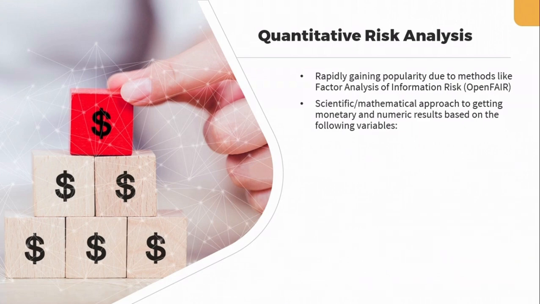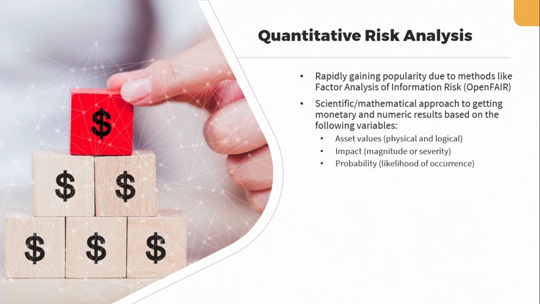These are scientific or mathematical approaches to getting monetary and numeric results based on several variables: asset values, both physical and logical, and yes, we can apply a financial value to a logical asset; impact, magnitude or severity; probability, the likelihood of occurrence; threat frequency, how often the threat actor conducts the exploit; the threat actor capability, their level of expertise, from script kiddie up to advanced persistent threat actor;